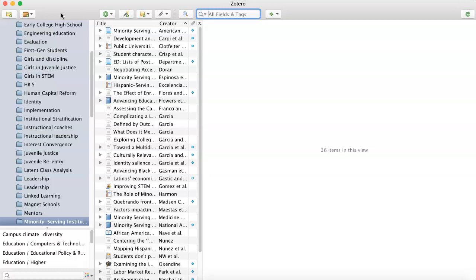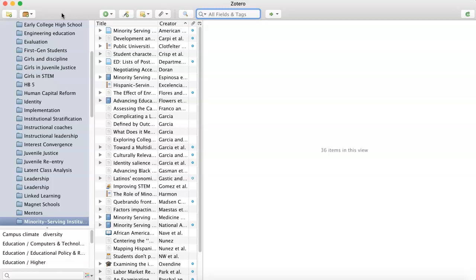I highly recommend that you download either Zotero or EndNote or something similar as soon as you can. EndNote costs money, I believe. Zotero is free. Zotero has an online or in the cloud version, but you can also download it onto your